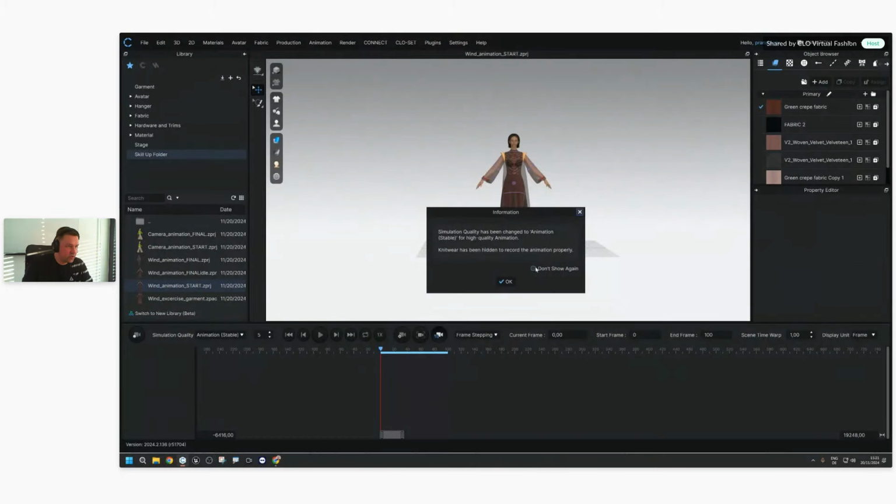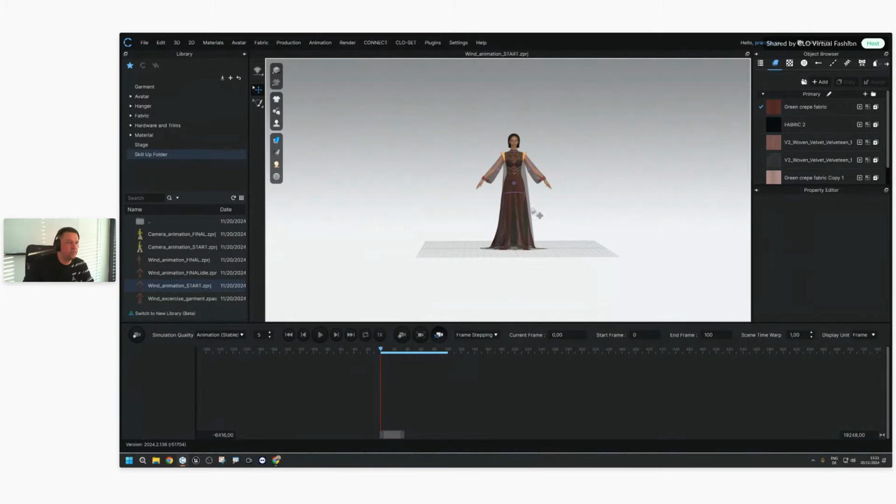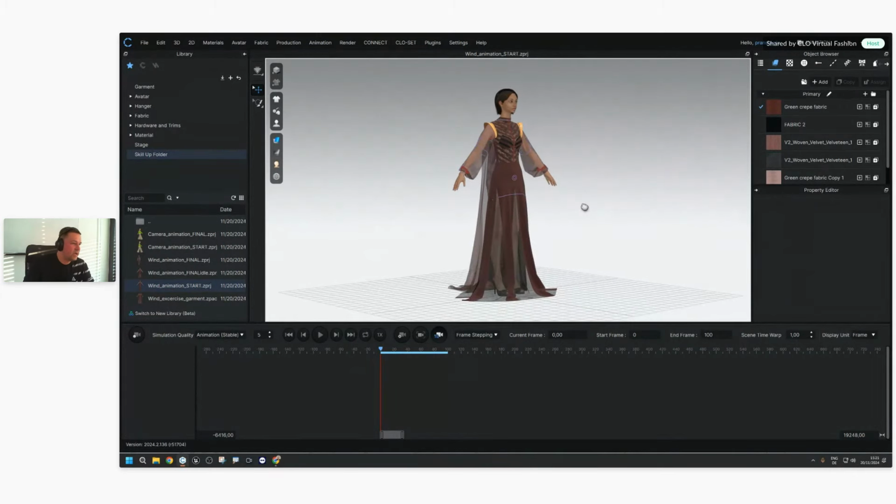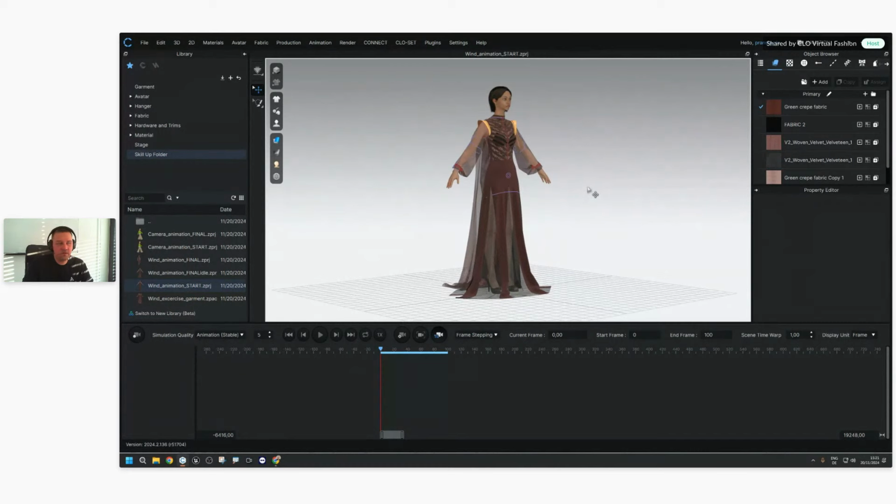Has been changed to animation stable for high quality animation. Network has been hidden. Okay, good. Something that is also important before we start is that in our 2024.2 release, there was something added that is